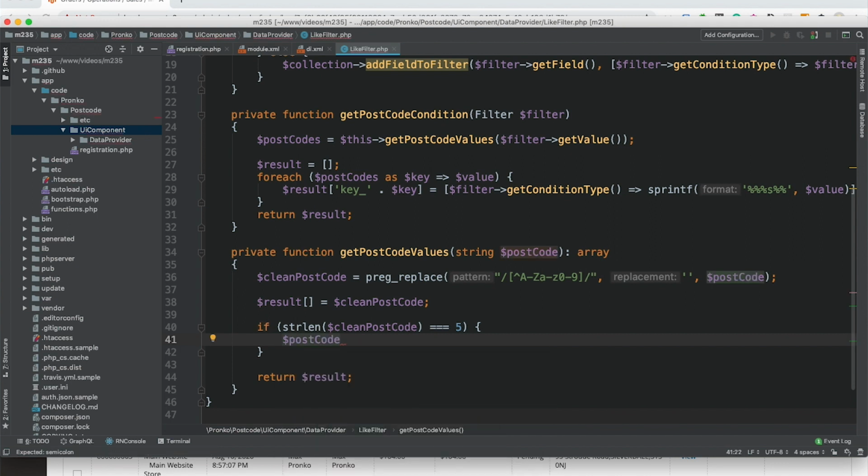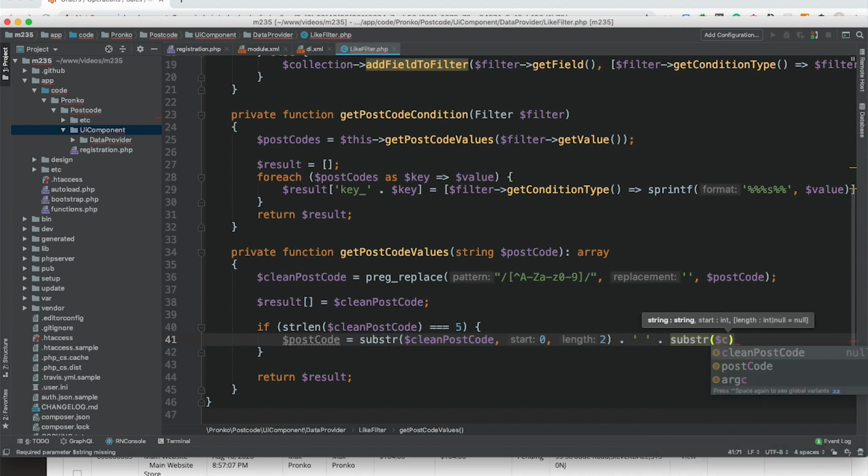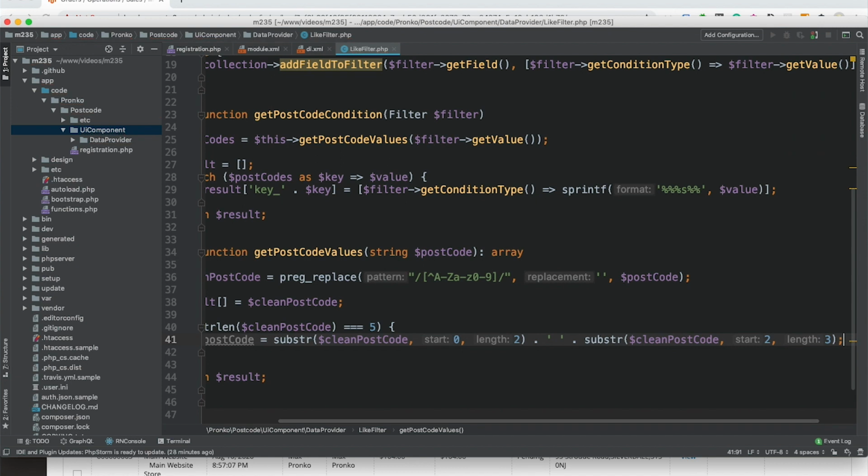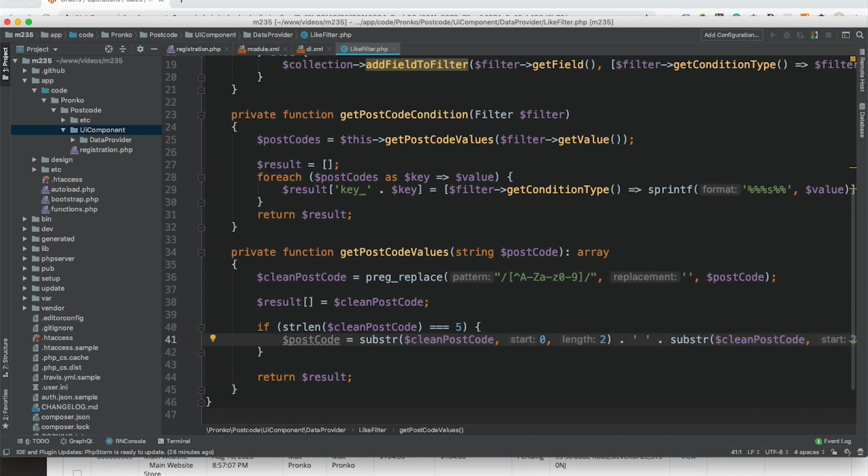We are going to add a space, and in order to add a space, we have to use a substring. So we're going to substring first 3 characters from a clean postcode, a postcode without a space, and then we will add a space, and we will attach a second part of our postcode. That's going to be a result. So this is an implementation for 5 characters postcode.